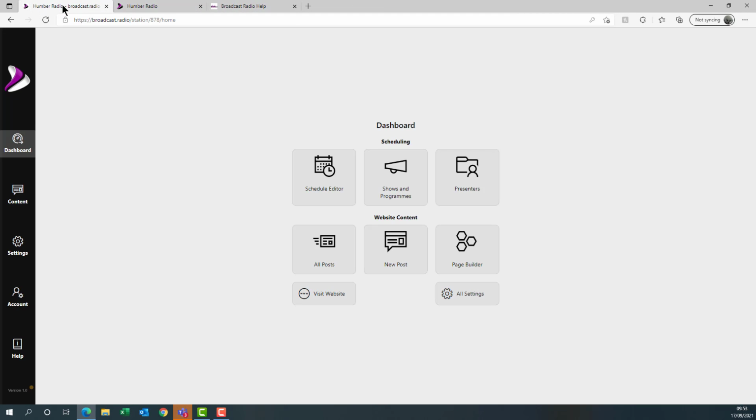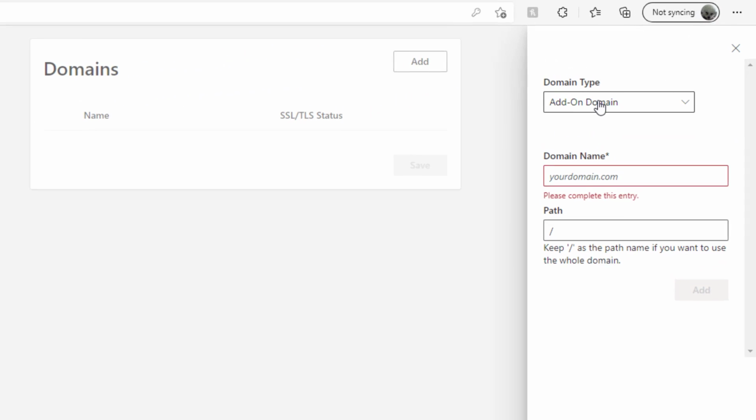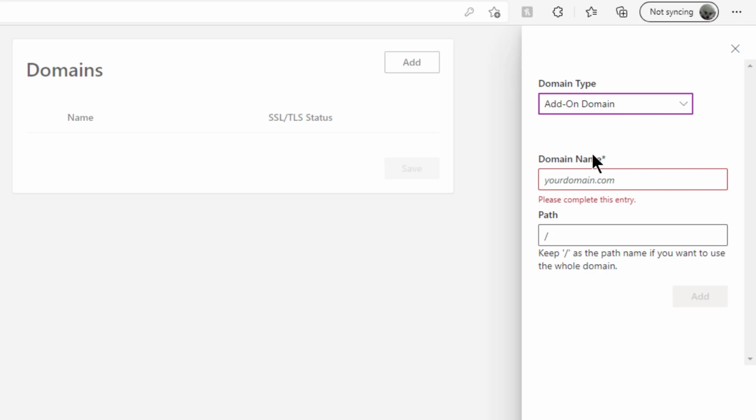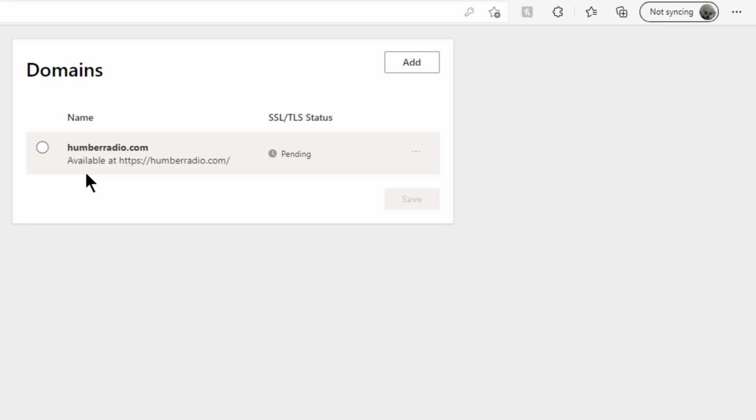So let's first of all go back to our portal, and we want to go into settings, and then into custom domains. As you can see, there's no domain assigned to this website at the moment, but if we click on the add button, we want to choose add-on domain, and we want to put in our domain. So let's assume we owned humberradio.com. You can also add in a path if it's not a primary, but normally you'd leave the path blank. You click on add, and then we will create an SSL, a secure certificate for that,